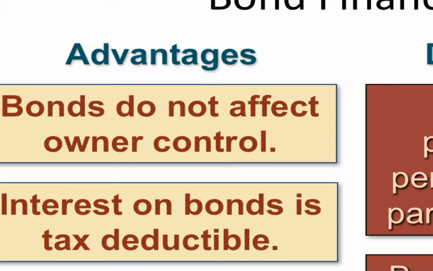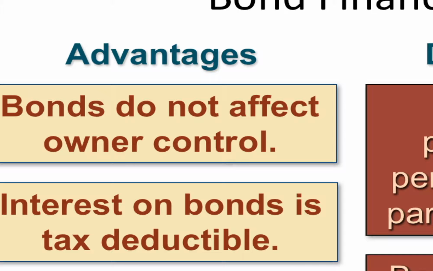From the perspective of the corporation that's generating capital, these are the advantages and disadvantages of using bonds. And typically the choice is between either using bonds or stock. Remember, stock is you're basically selling part of the company, ownership in the company, in exchange for cash that you can use to grow right now.